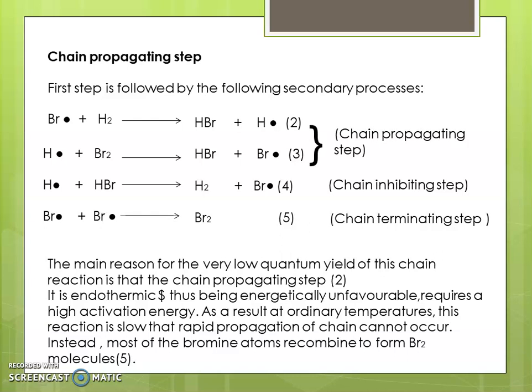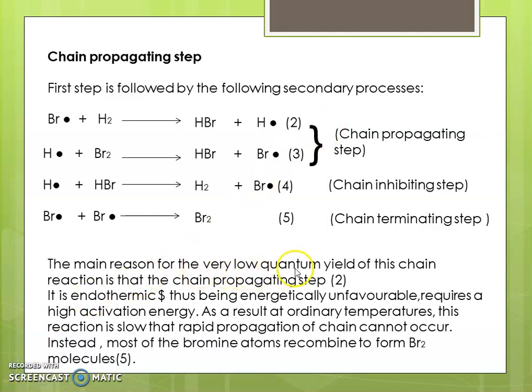We are not able to supply extra heat to this photochemical reaction, which is taking place under the guidance of light. So we can say that this step is proceeding through an endothermic process. Hence, to continue this reaction, we have to supply more energy. That is, this reaction is very slow at ordinary temperature.